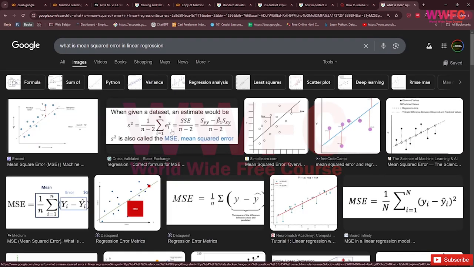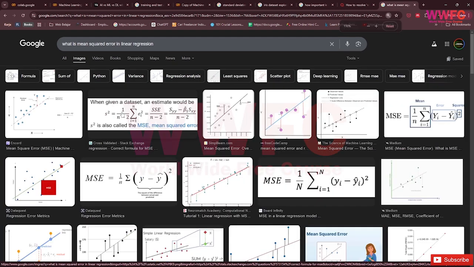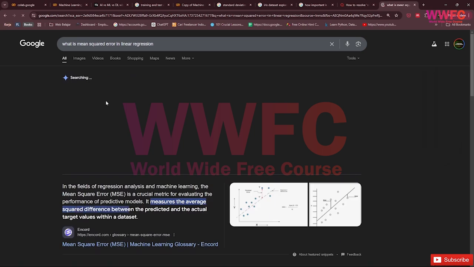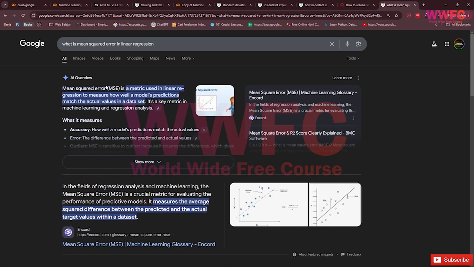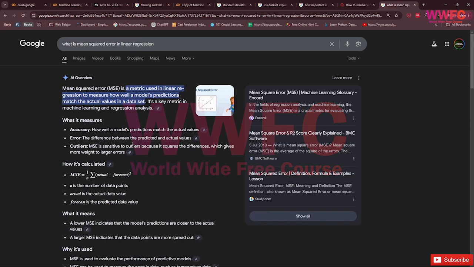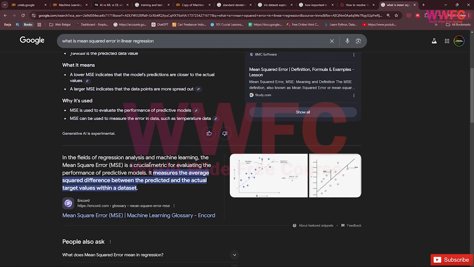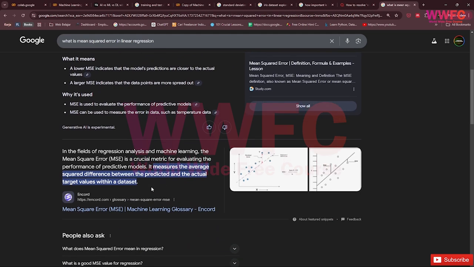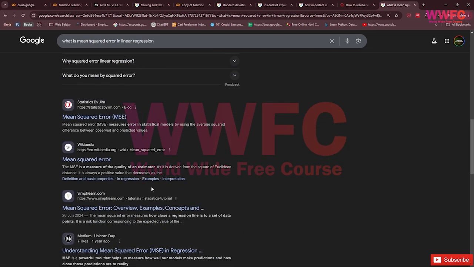This is the equation for the mean squared error. I won't give an explanation of this, since we just want to use Python. But mean squared error is a metric used in linear regression to measure how well a model's predictions match the actual values in the dataset. It measures the average squared difference between the predicted and the actual target values within the dataset.